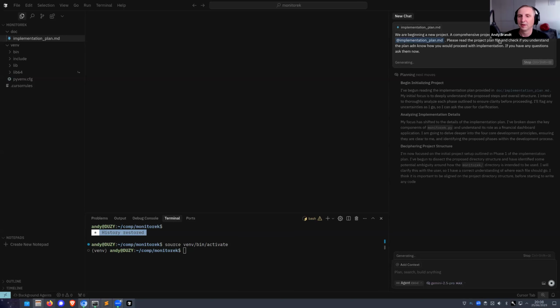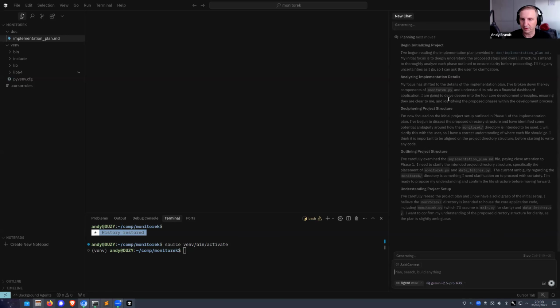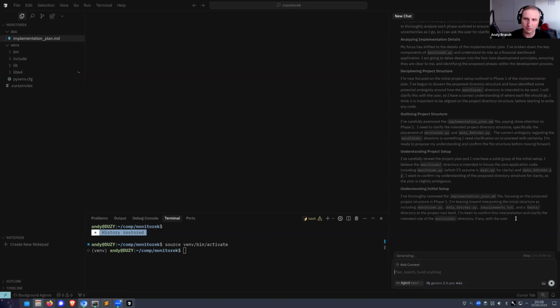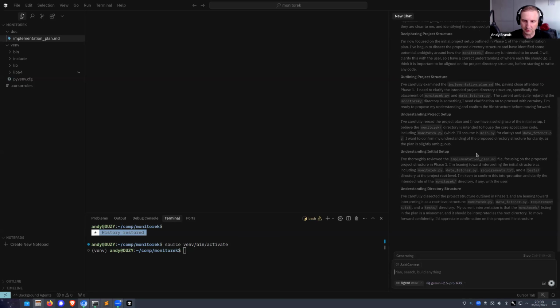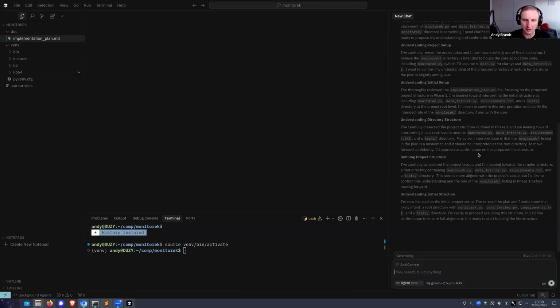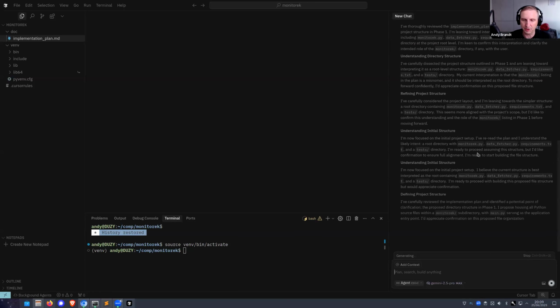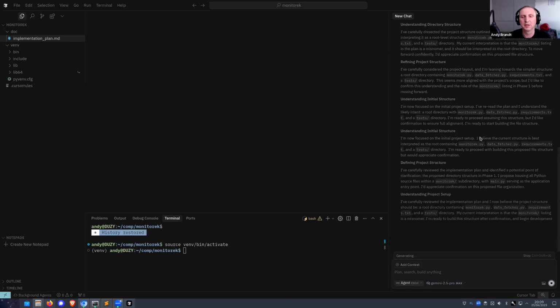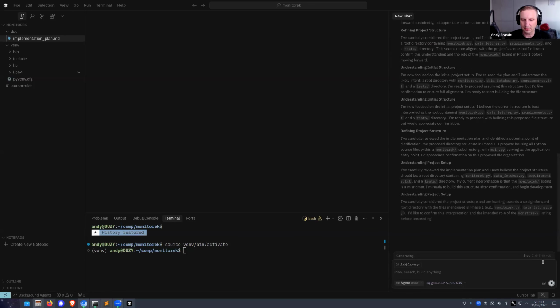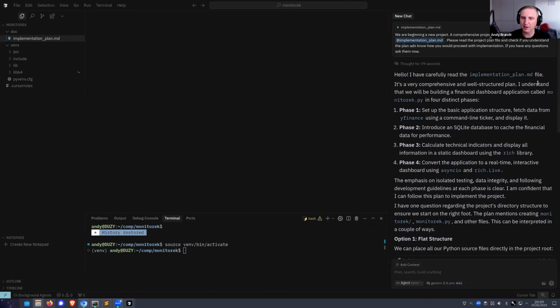It's already planning, analyzing, deciphering the project structure, outlining the project structure, understanding, and you could read all that, but usually no one does. But usually when I work like this, I monitor that just to see whether the model is not going in loops, which happens quite rarely, but it does, and whether it's on the right track, because if it isn't, I can always stop it and correct it. Okay, it understood it.